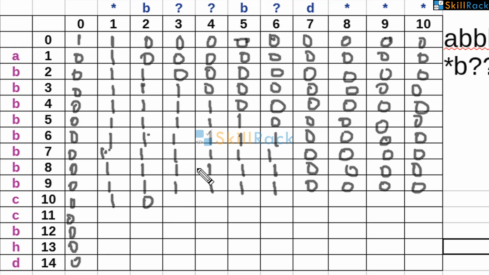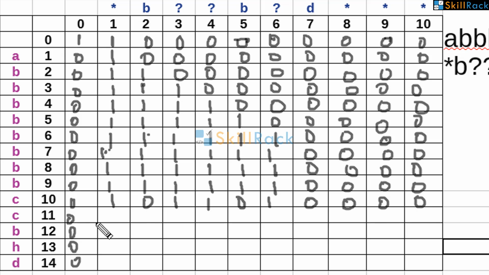B and C, no it cannot match. Question mark, can it match and the previous is 1? Yes. Question mark, it can match and the previous is 1. And B and C, they don't match, 0. Question mark, can it match C? Yes, and the previous is 1. So it is 1 here. D, no it doesn't match, 0. So here also the asterisk, okay, top left everything is 0.